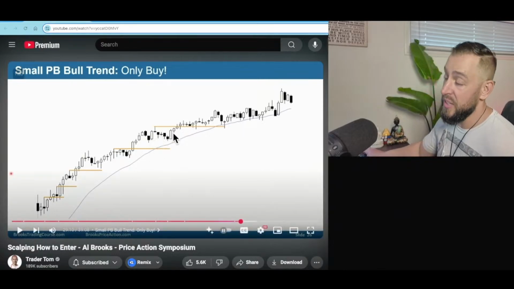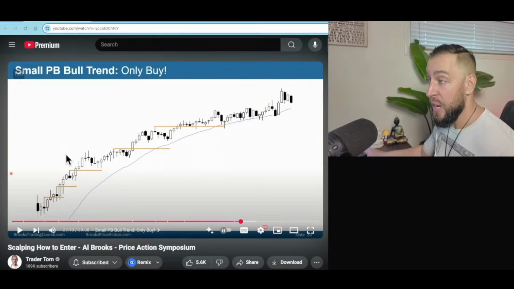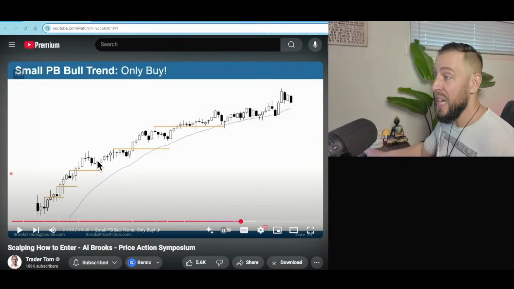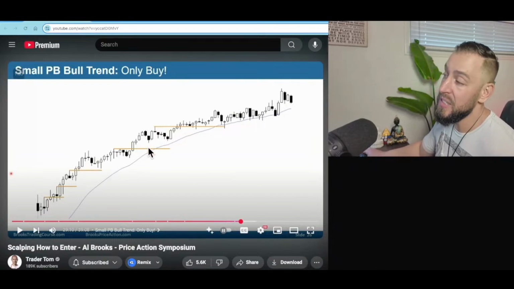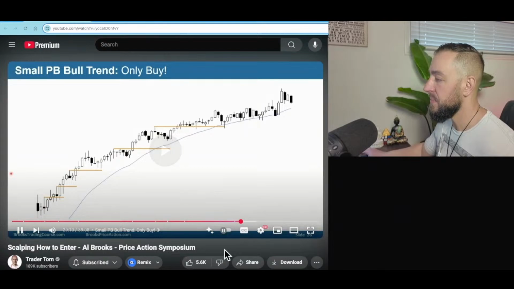So bears are not. And this is why scalping in a strong trend like this doesn't work. Pay close attention to this, right? Because if you try scalping counter trend when the chart looks like this, you will get wrecked, okay? So you can scalp when the chart looks like this, but if you do that, it's got to be with trend, not counter trend.